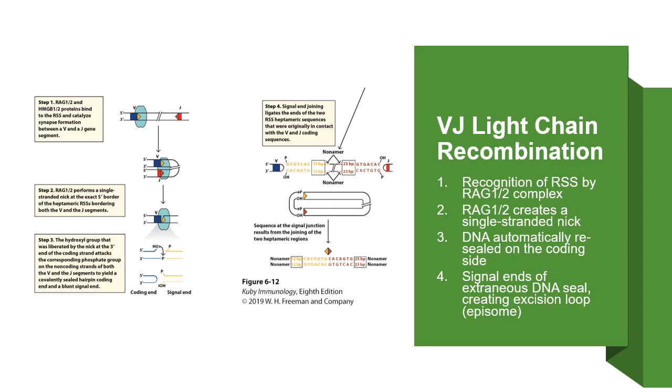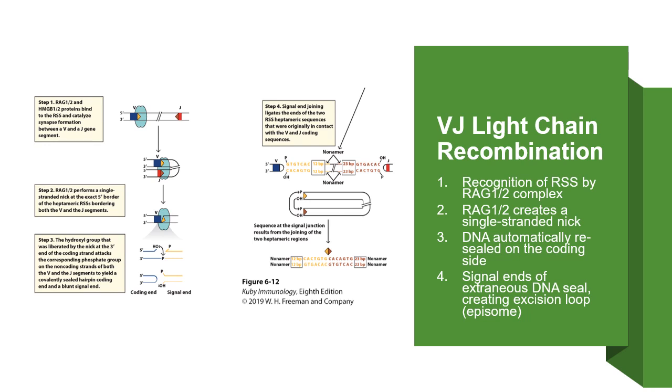Okay, this is where we left off Monday. We were learning how exactly the DNA of the B cell receptor and T cell receptor gets edited, and specifically we were looking at light chain recombination in the B cell receptor. So that puts us back here at this lovely process,